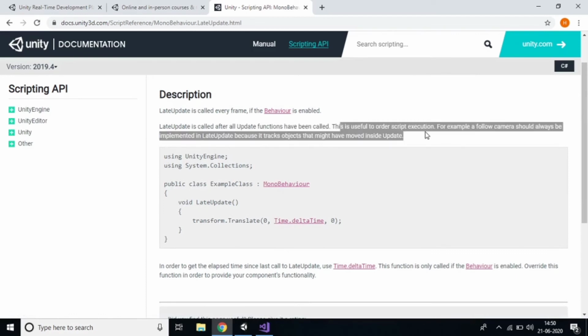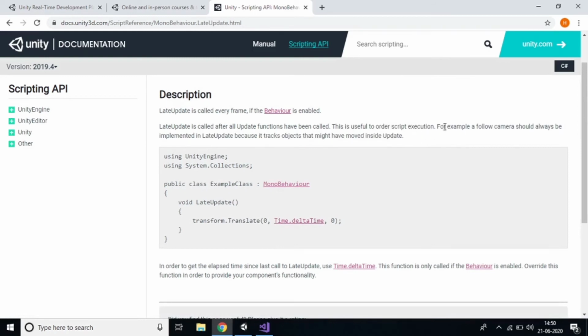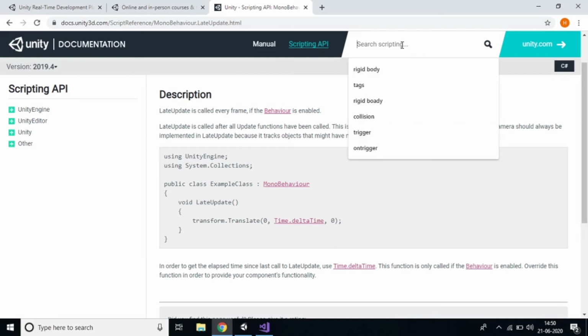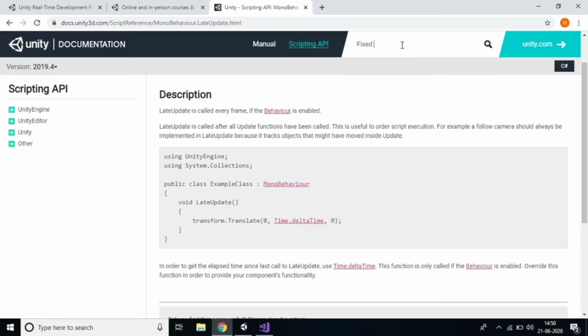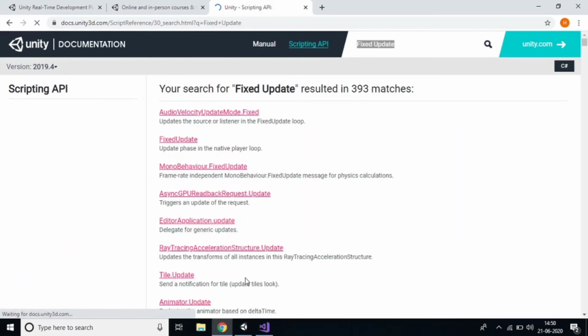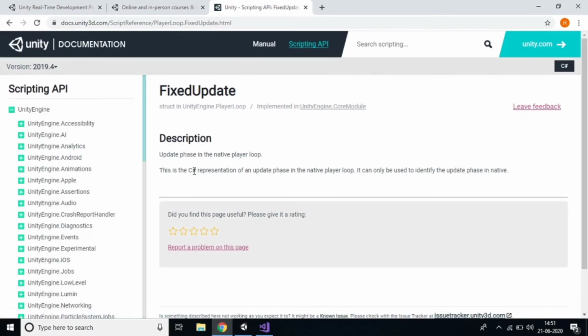This is useful to order the script execution. For example, to follow the camera we'll write in LateUpdate. And also we have FixedUpdate. You can find where we have to use it. I'm following this Unity documentation only to write the code for everything. If you want a loop again and again, we need FixedUpdate. So no need to worry how I am writing the code. Just follow this documentation. This link is also available in the description.